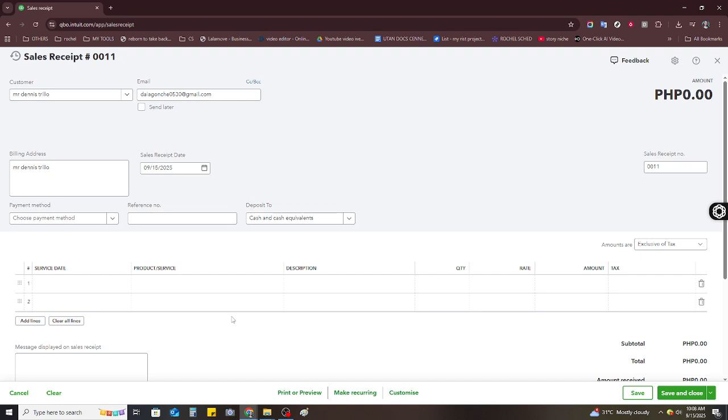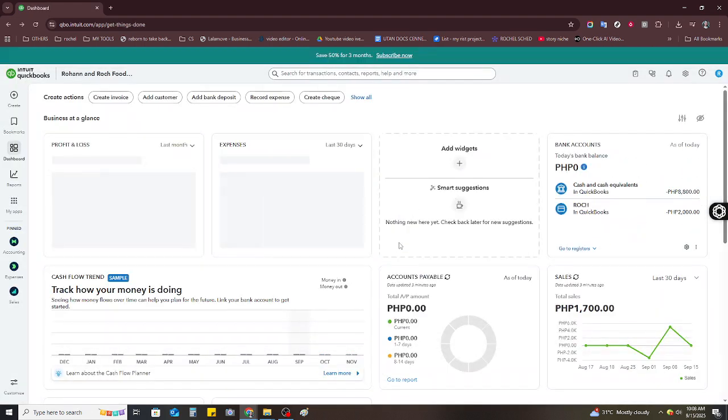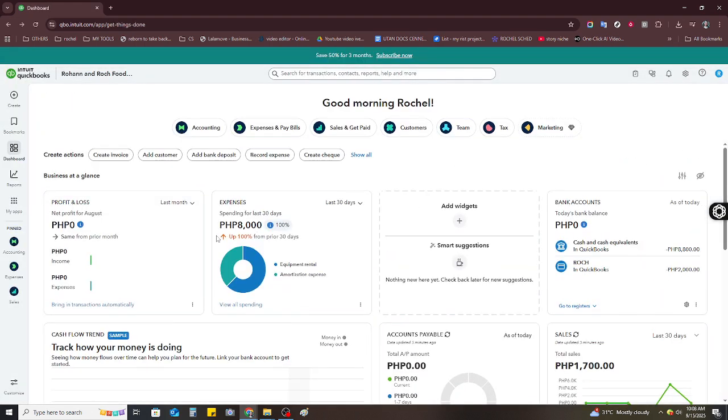By clicking Save and Send, you have the opportunity to email the sales receipt directly to your customer. Make sure the customer's email is entered correctly. If it's not already filled in, input it now. Finally, take a moment to review the email message to make sure it looks good and conveys the right information. When you're ready, click Send and Close. And that's it. You've successfully created and emailed a sales receipt using